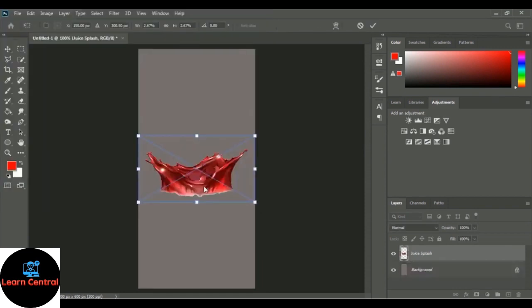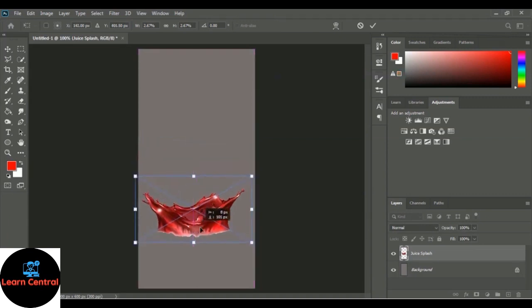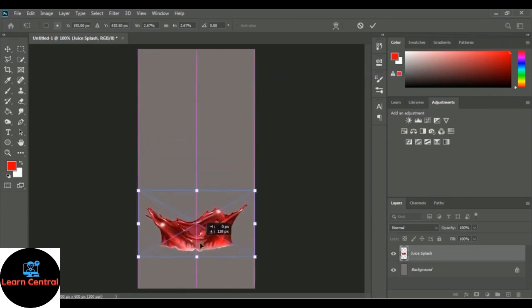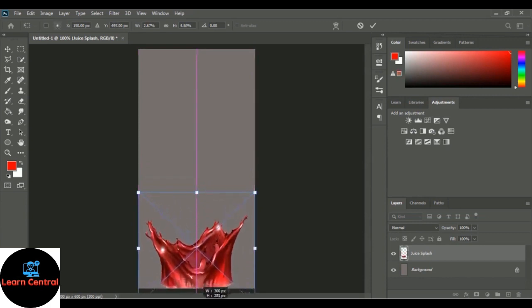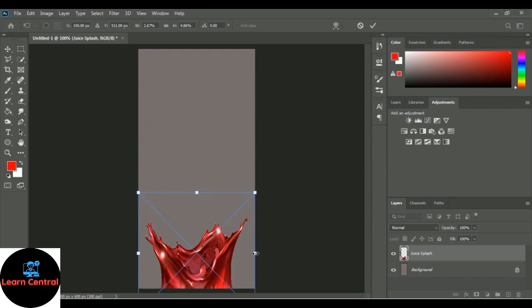Okay, so here is the image. So let's place it here and let's scale it properly. So I want to place it till here. Okay, looks good. So here is the tick mark,